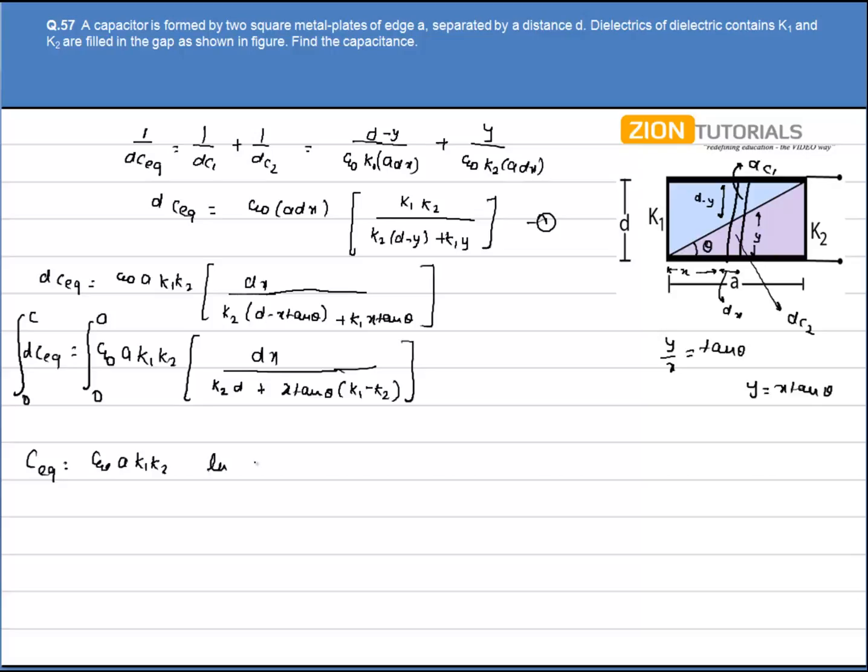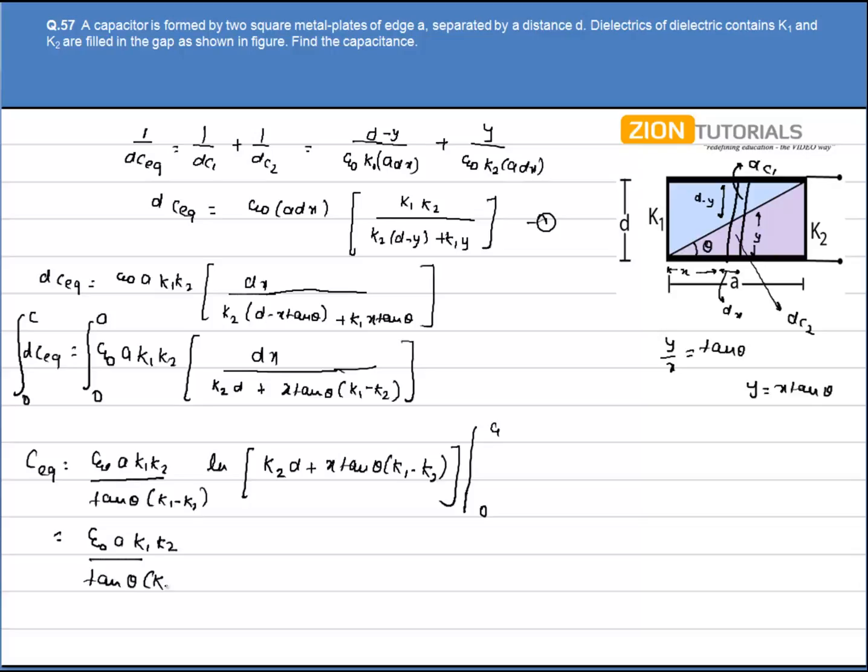ln of K2 d plus x tan theta (K1 minus K2), divided by tan theta (K1 minus K2). Here the limits go from 0 to a. Now substituting the limits, we get epsilon naught a K1 K2 divided by tan theta (K1 minus K2)